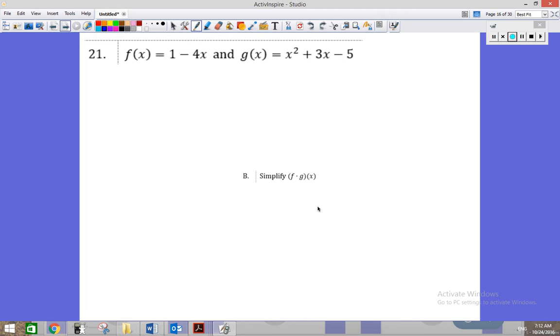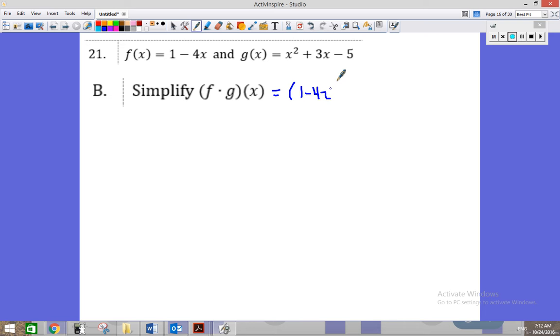Let's move on and take a look at part B. Again, we're given the same two functions and asked to build a new function, this time through multiplication. So we've got, let's illustrate that it's equal to f of x times g of x. So f of x is this binomial, g of x is this trinomial, this quadratic,